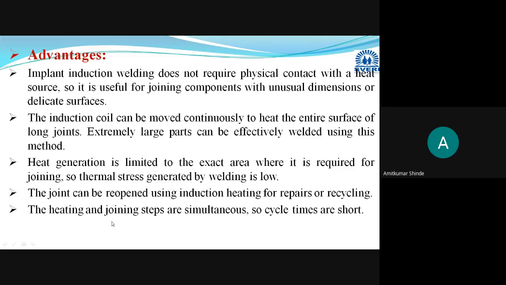And the last advantage is this: here heating is done at a very fast rate. You can obtain the heating in minimum time. Within a few seconds the heating temperature is obtained. Hence the cycle time is very short. And as the cycle time is very short, this method can be used for mass production, and you can do the automation here. For doing the heating with the help of the inductor coil, automation is also possible in this high frequency induction welding.